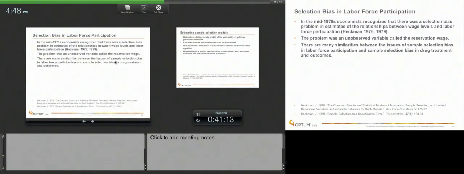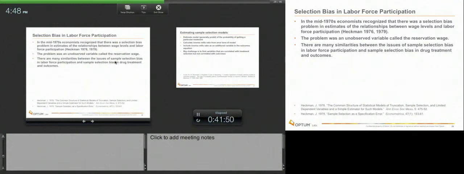As claims data began to become available in the late 70s and early 80s, we were wrestling with discrete choice problems, where you've got 0 and 1 for a dependent variable, somebody gets a drug or not. You've got lots and lots of data, a lot of variables. Those are not the simple ordinary least squares problems, but these outcomes research questions were very similar to the problems economists were wrestling with in the labor economics literature